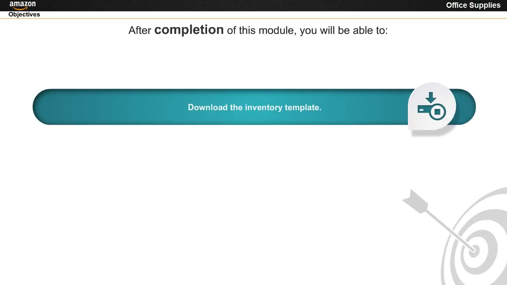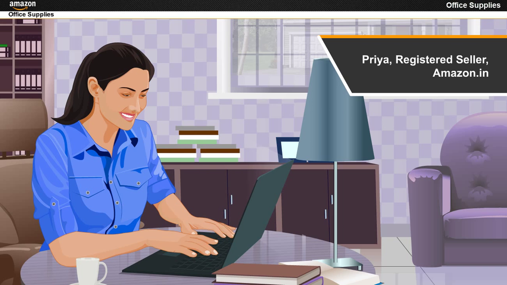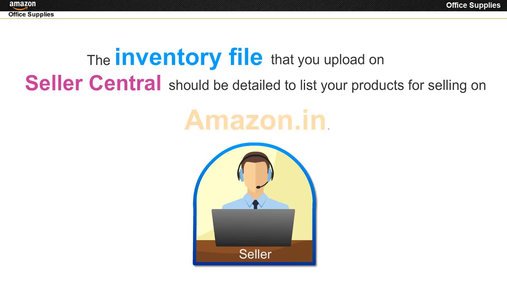After completion of this module, you will be able to download the inventory template and create an inventory file to upload product details on Amazon.in. Priya, a registered seller with Amazon.in, wants to create an inventory file for a product belonging to the office supplies category. The inventory file that you upload on Seller Central should be detailed to list your products for selling on